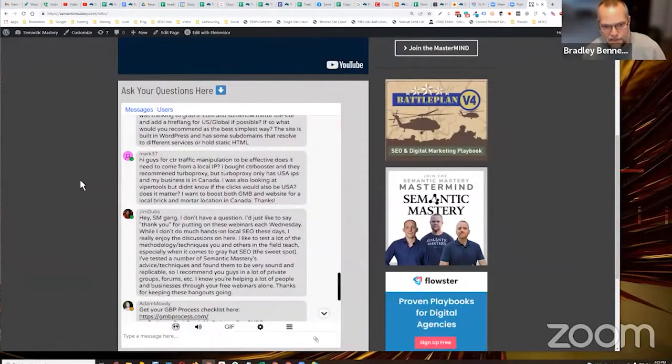Mark says, hey guys, for CTR traffic manipulation to be effective, does it need to come from a local IP? No, it has to come from the browser. They're browser hacks, basically. It's setting geolocation in the browser. The IP is irrelevant, and I know that to be true because sometimes, on your mobile device, if you